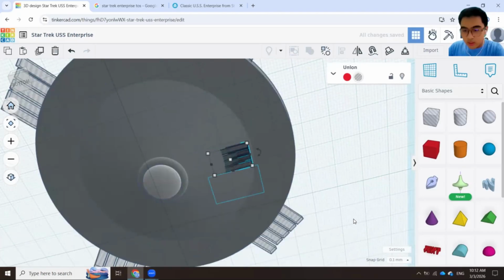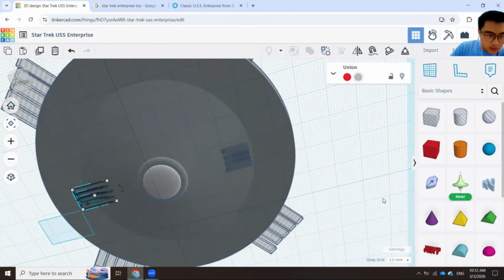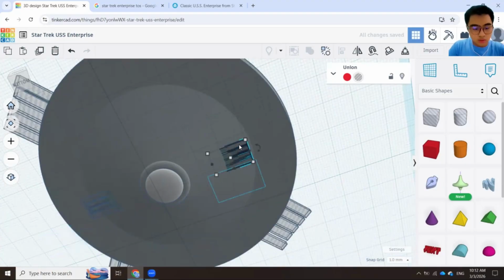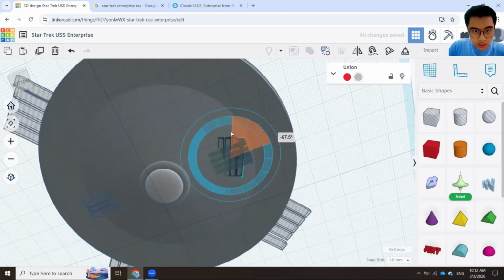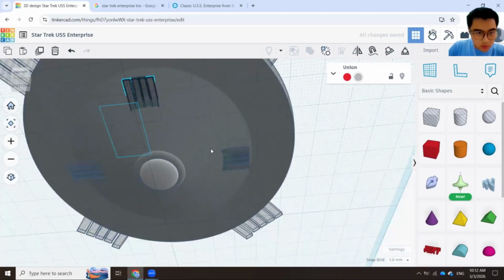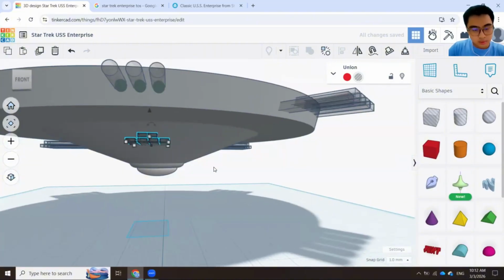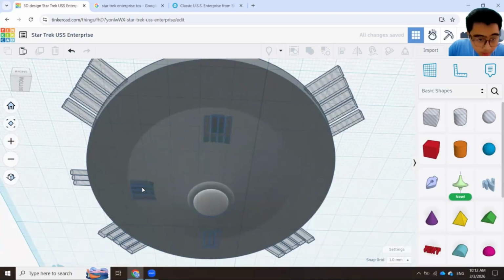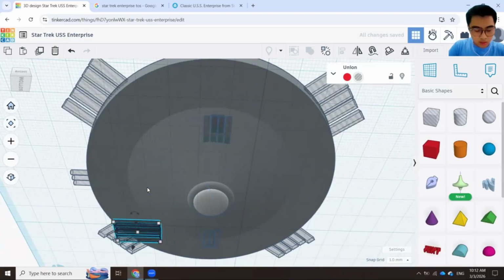Now we're going to move this to the other side. Control D. Change our snap grip to 1. Move it to the side. Okay, that's about it. Same goes for this. Control D. Rotate this 90 degrees. Move it front to the side here. Okay, I think that's about it. Okay, done. Now we're going to do that. Control D. Oh. Control D. What? Control D. Okay. Move it to the back.